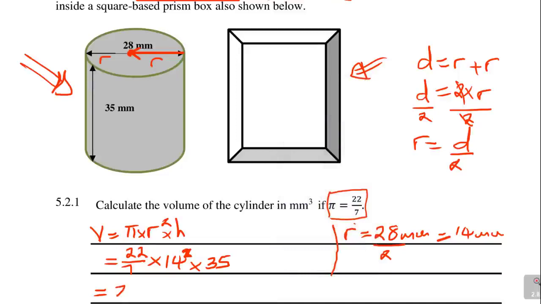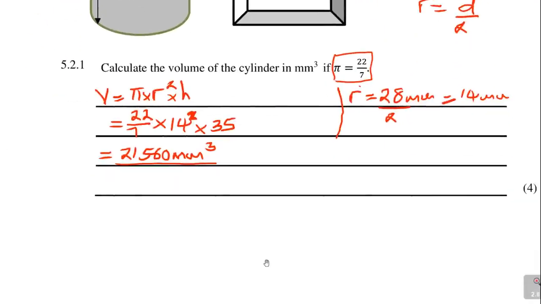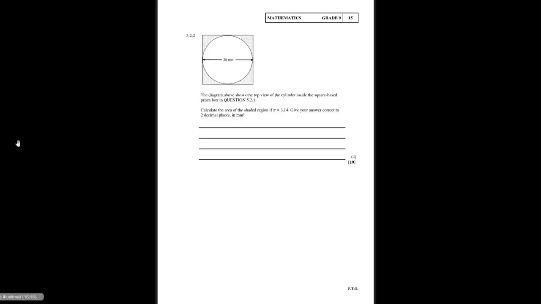Alright, 21,560, but it's what they even gave you to write the units. Don't change the units, you see, because already it's in cubic millimeters. Alright, that was 4 marks. Next question is